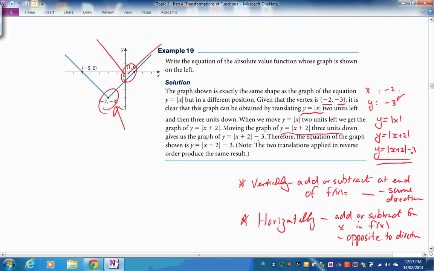So up here we want to move -2 in the x, so we change the x term from absolute value of x to absolute value of x plus 2. We change the x term by adding a constant with the opposite sign to the direction in which we want it to move. All right, study that. You might have to rewind the presentation and look at these examples again. Let's move down now